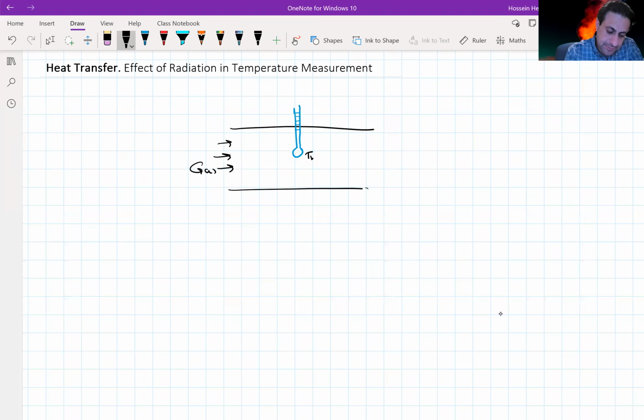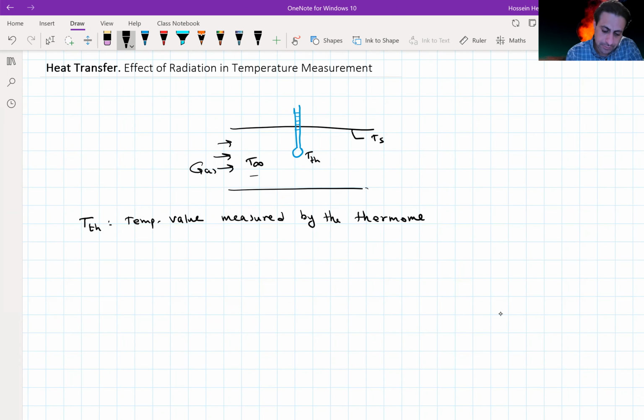Let's say this is the temperature that's reading, the temperature of the thermometer, T_th. And let's assume the solid wall has the temperature of Ts and the gas is flowing. And let's say the true gas temperature is T infinity. So T_th is the temperature value measured by the thermometer in Kelvin, and T infinity is the actual temperature of the fluid,